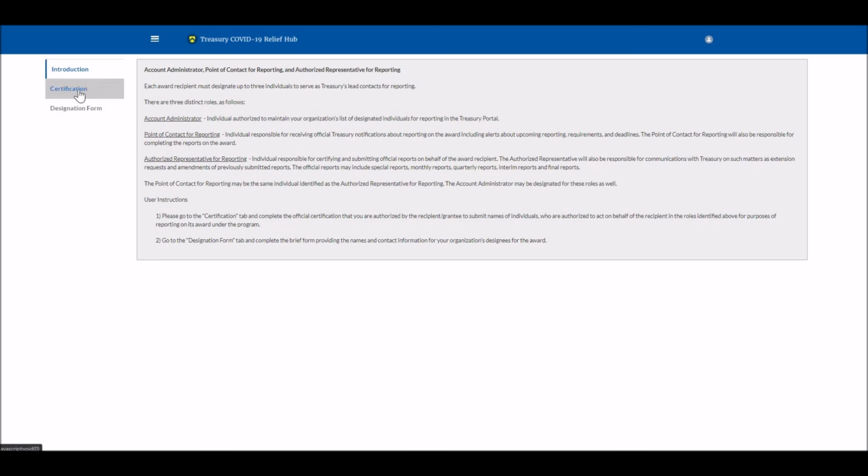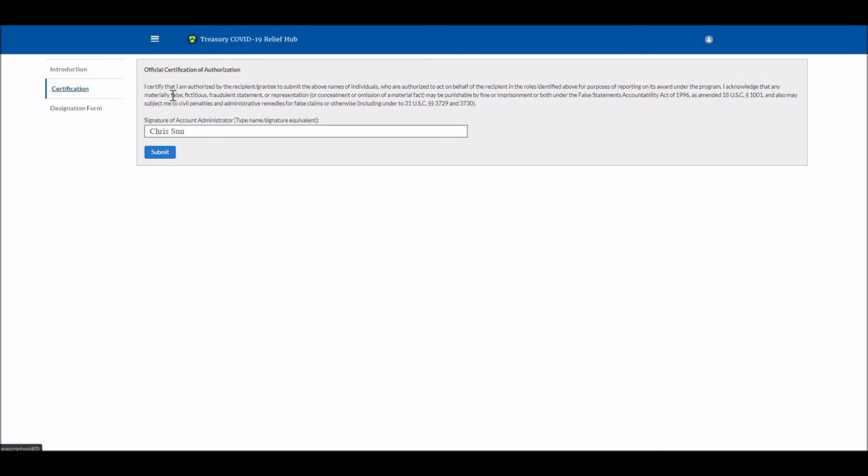So I'm going to go ahead and jump down to the next screen in this section, which is certification, where I can read and acknowledge that I, as an account administrator in this circumstance, have the ability to identify additional staff people or people that need contact records in the Treasury portal.